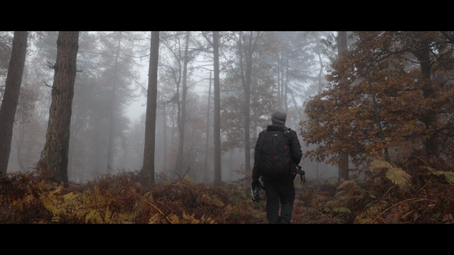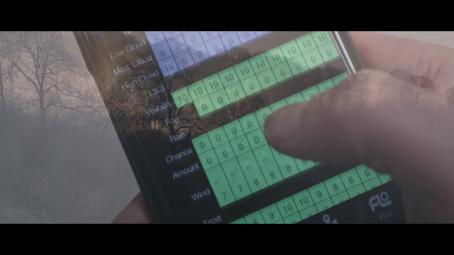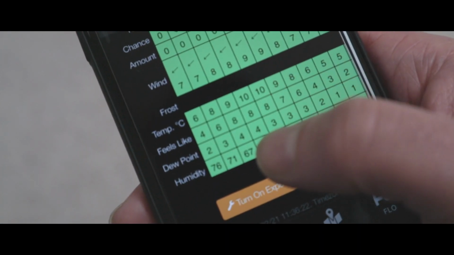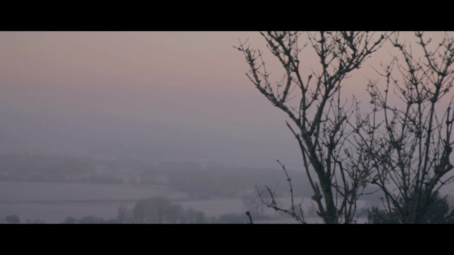Mist normally forms when air humidity is close to 100%, and the difference between the dew point and the air temperature is less than 2.5 degrees. An app such as Clear Outside that provides these figures can therefore be very useful to help predict when mist might arrive. In addition, mist normally comes following a period of high pressure, when cold nights lead to a layer